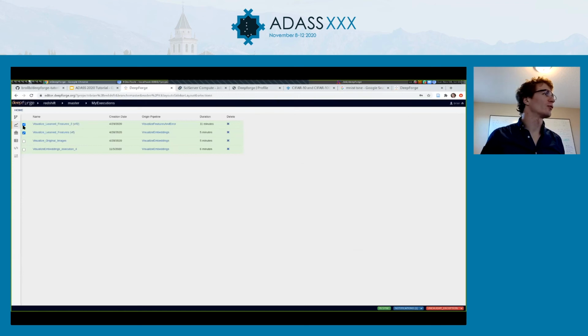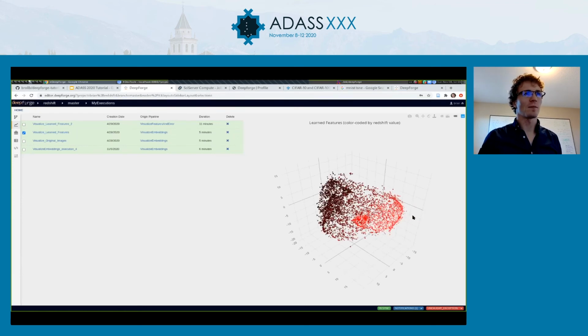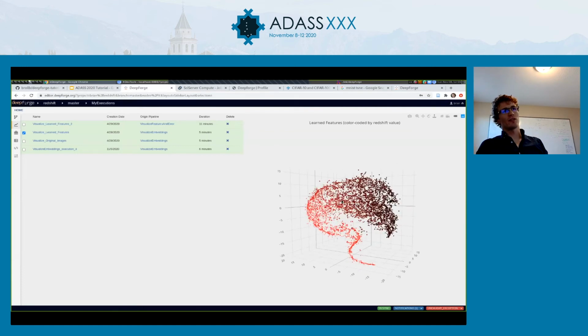So if we look at, for example, this plot, this is taking the learned features. It takes the neural network architecture that we trained to do redshift estimation. It feeds all of the training data through it, except it stops before the last layer that actually does the prediction task, because you can think of the last layer as a linear classifier on top of this more meaningful vector space. And then we just performed dimensionality reduction to try to look at what the data set looks like in this space. So here, again, color-coded by redshift value,